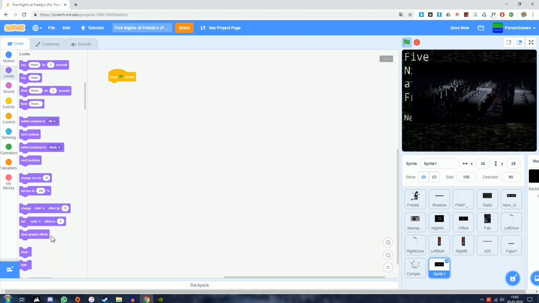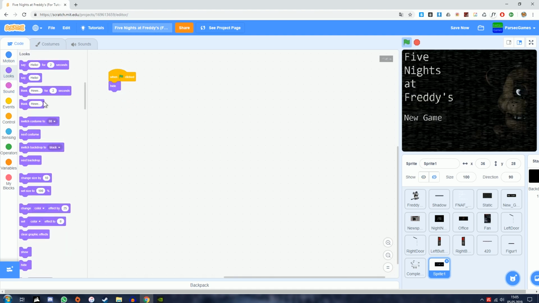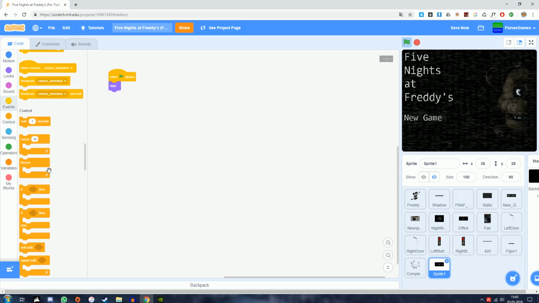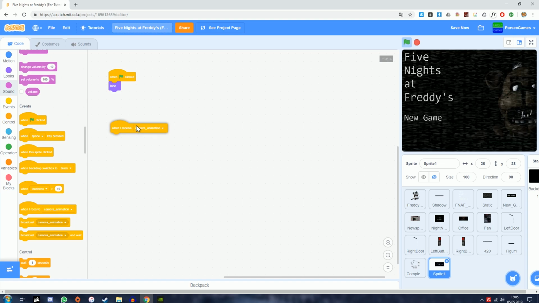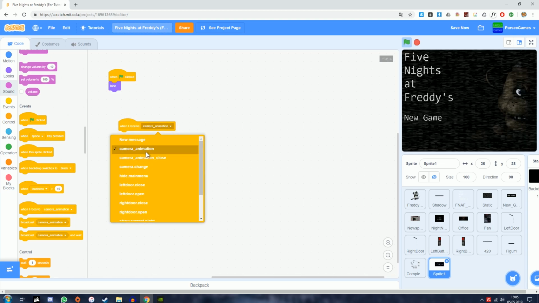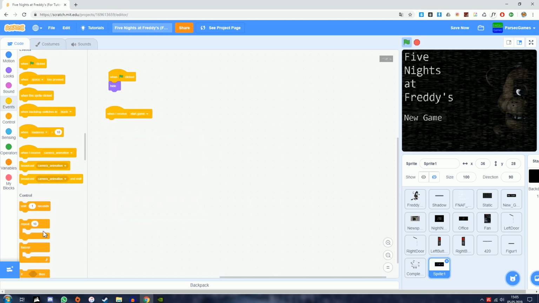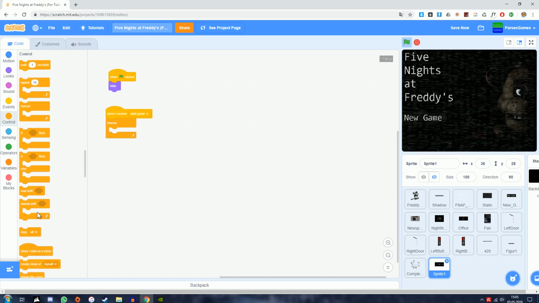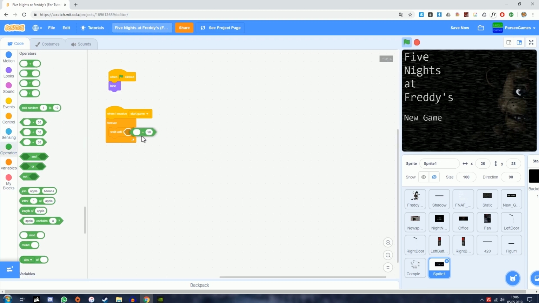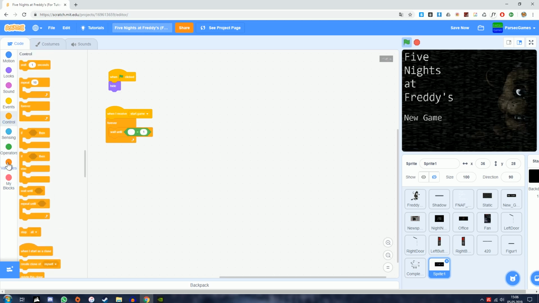press the flag it hides itself, and then when the game starts it should still be hidden, but it should be waiting for us to open the camera, so then it can show itself if we've selected the camera. Okay, so start game, forever, wait until camera up equals 1,